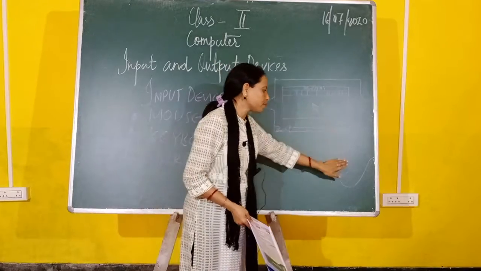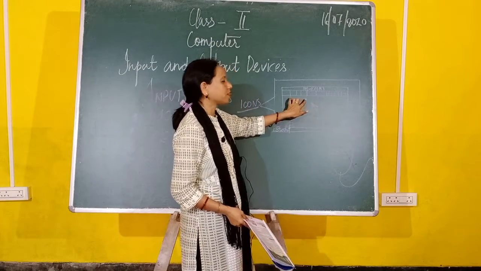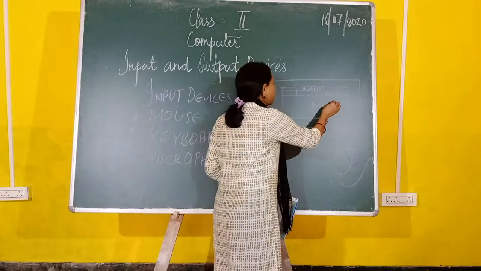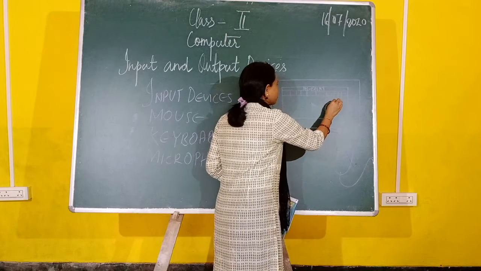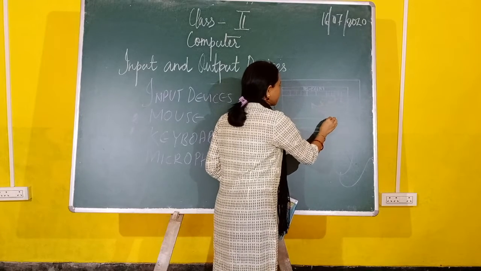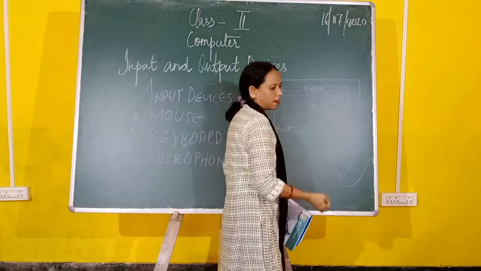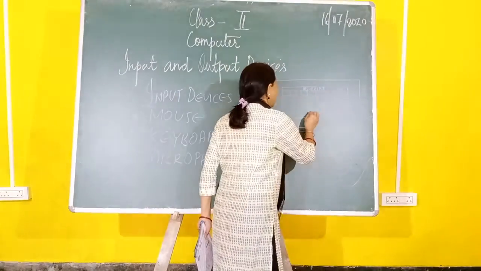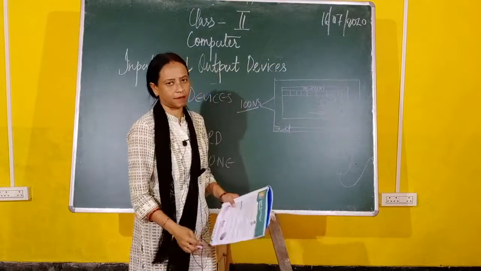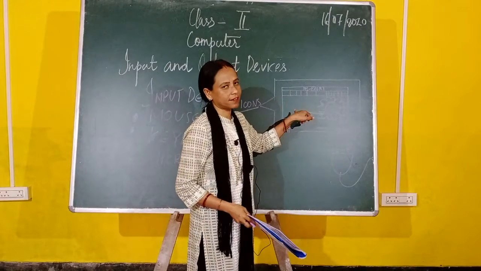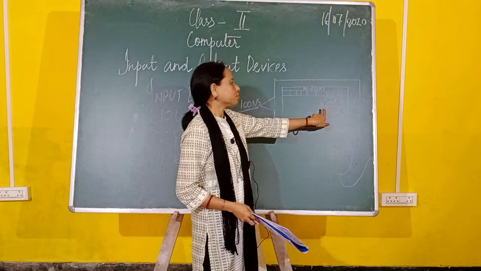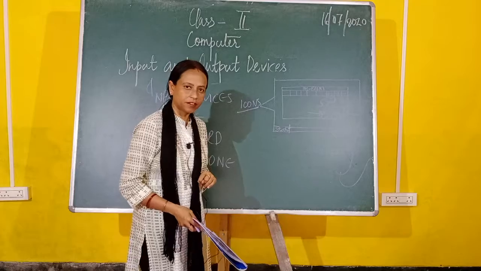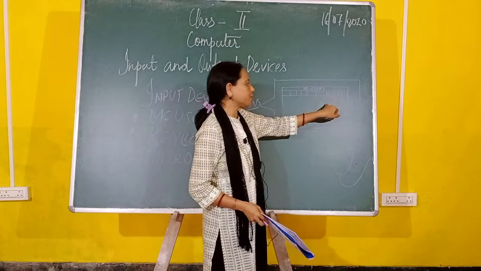Okay. Now when you move this mouse on the table, this arrow will also move inside the screen, and with the help of this arrow you can draw the diagram that you want to draw on the screen. Suppose you want to draw a flower. Now this arrow will help you to make your drawing inside the screen. You cannot touch, it's not a touch screen. You can use your mouse to draw, and this mouse pointer will help you to make your drawing inside the screen. Okay. Now after making a drawing, you need to fill color in it.